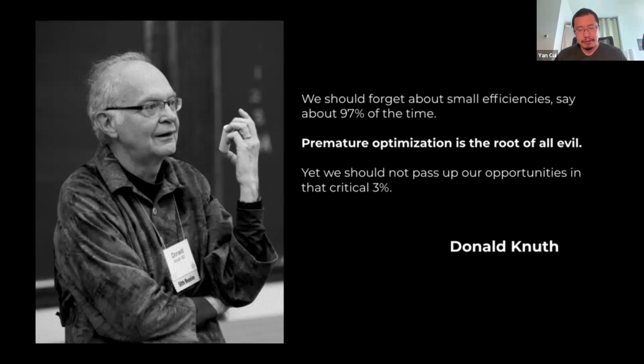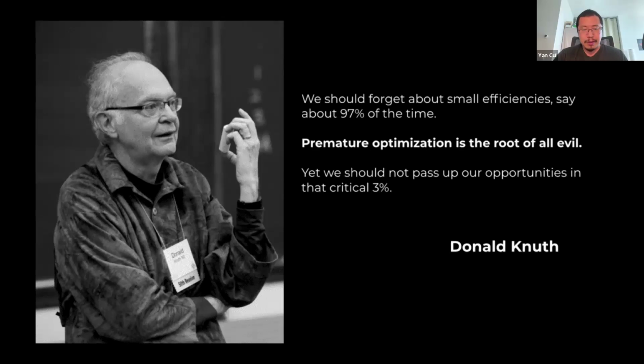So you can make a big difference in terms of performance, which is why I want to bring up this famous quote from Donald Knuth that 97% of the time we should forget about small efficiencies. Premature optimization is the root of all evil. So most of the time, just slap a somewhat big but not huge default memory setting on your Lambda functions. I still go with 1 gig. It still makes sense for most of my functions. But once you identify that critical 3%, that's when you want to make sure that you're right sizing the memory